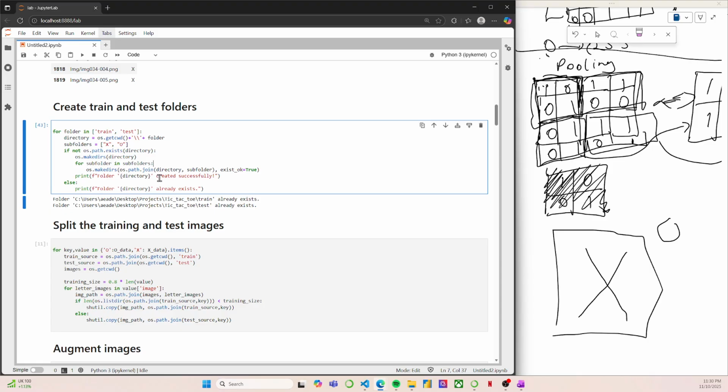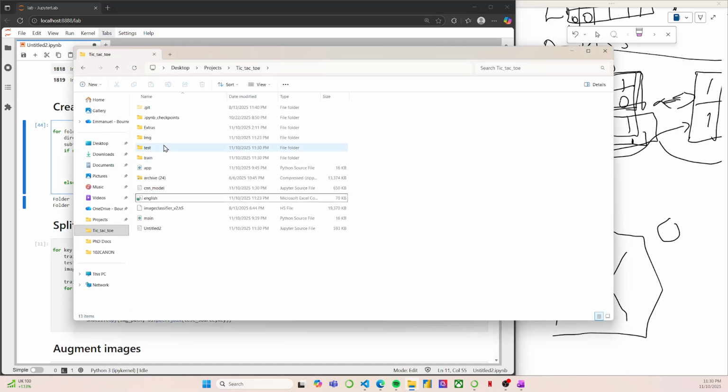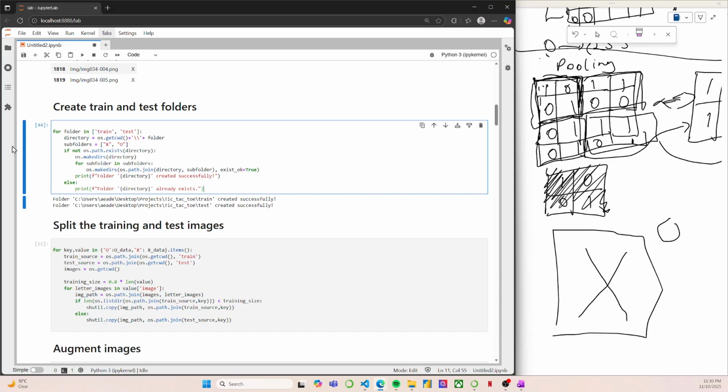What it's going to say now, it's going to create another one. Yes, so now it's been created successfully, and now we have our folders there. Okay, so basically that's all this is saying: if this does not exist, make this directory, that's os.makedirs, and